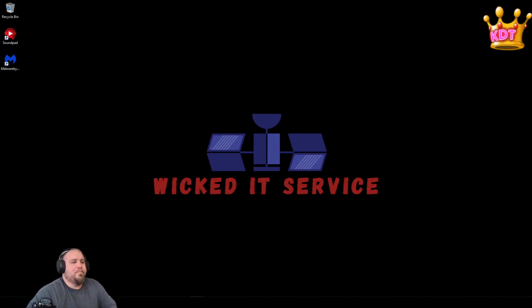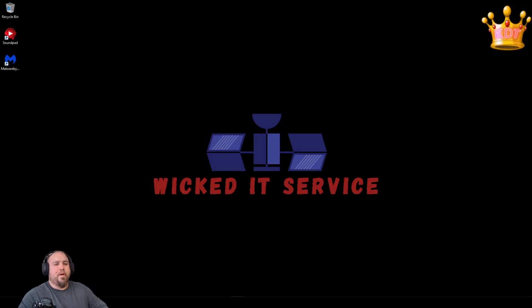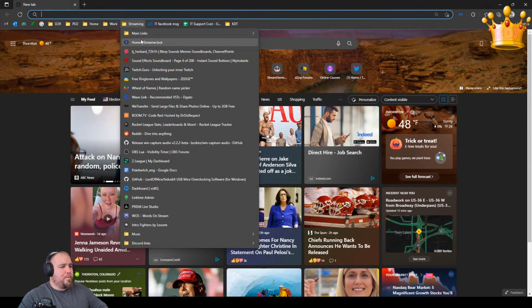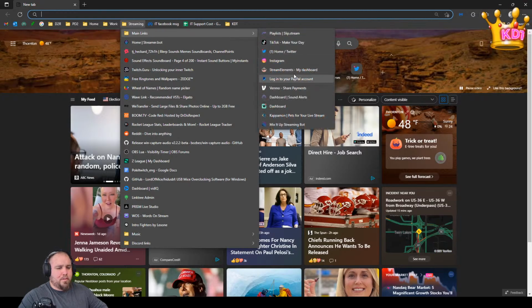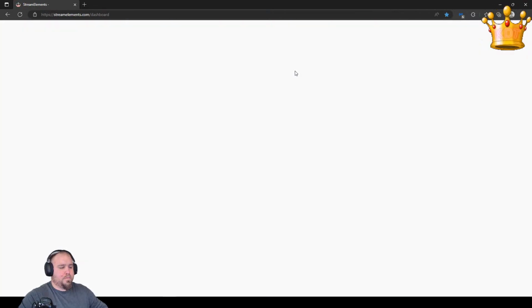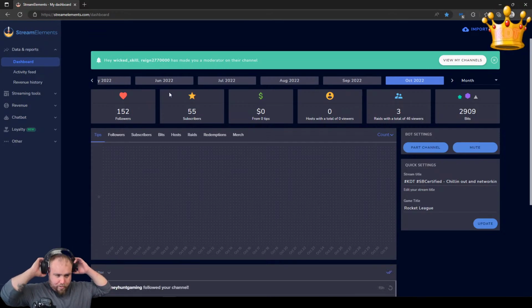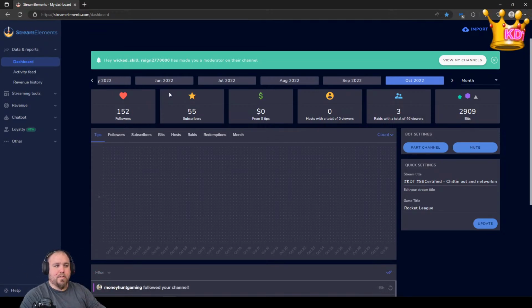Boom, there we go. Some of the other interactive things that I've been doing with my stream are, let's get this pulled over here, I have in my StreamElements. In StreamElements, it allows you to make chat commands so that your chat can type them into the chat and then it does something.